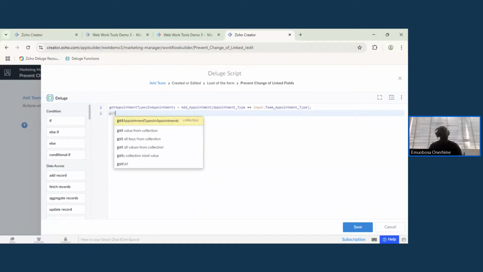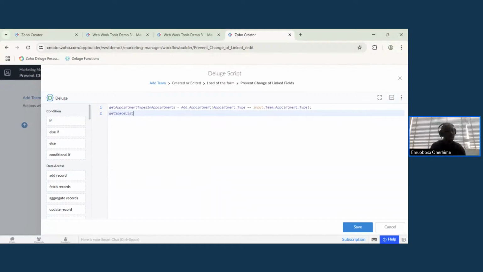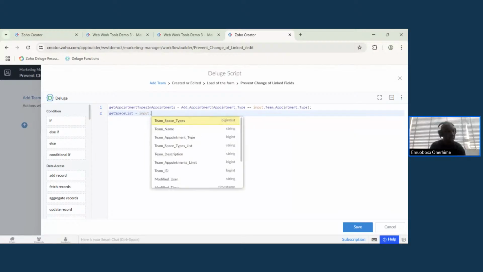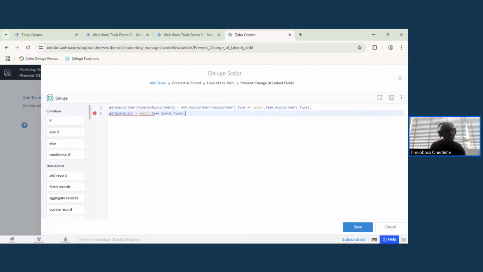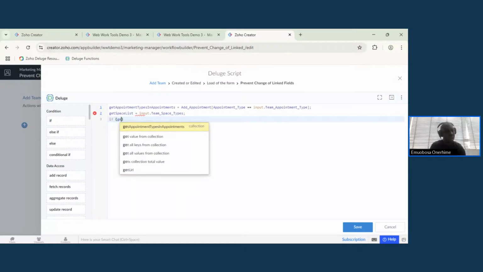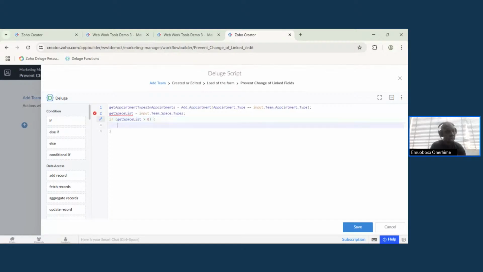So get space lists will be equal to input dot team space types. Okay. Now if get space list is greater than 0, then for each space in get space list, okay, we will then say that